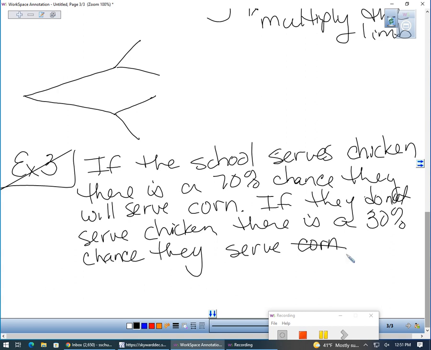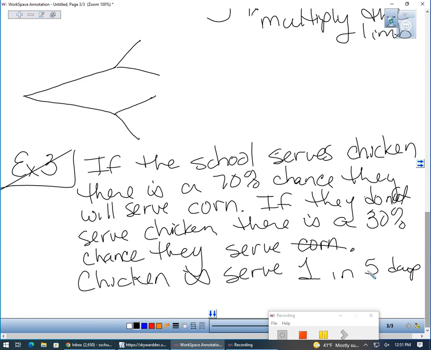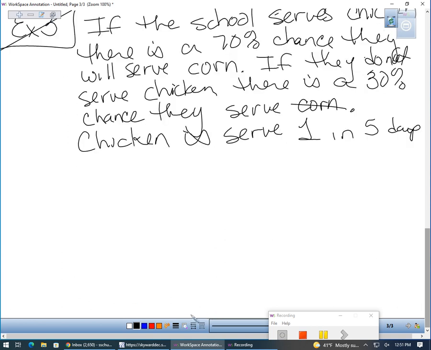All right. I'm going to add one more thing. You ready? Last thing we're going to add. Chicken is served 1 in 5 days. All right. So now, before I start doing probabilities, we are going to actually draw out our tree diagram to